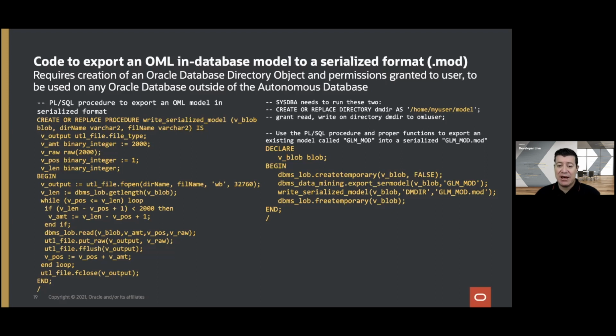actually writes out that serialized version of a model. In this case, the model is called GLM_mod. It is going to take that model and write it, and the output is going to be a file called GLM_mod.mod, right? So that is a process that can be done in any Oracle database today, or any modern Oracle database is going to have those kind of capabilities. And then